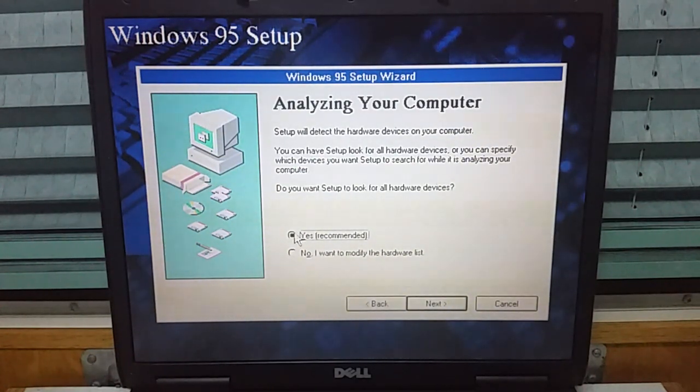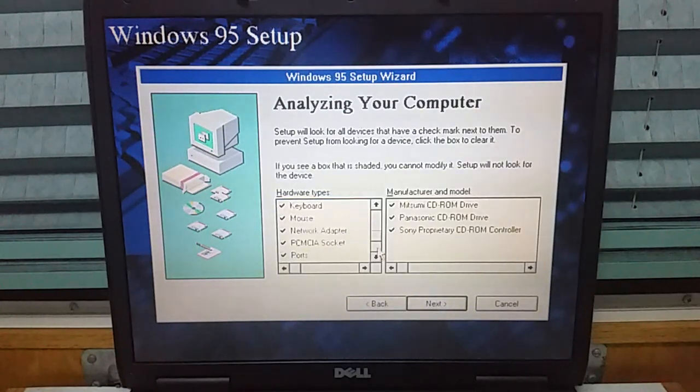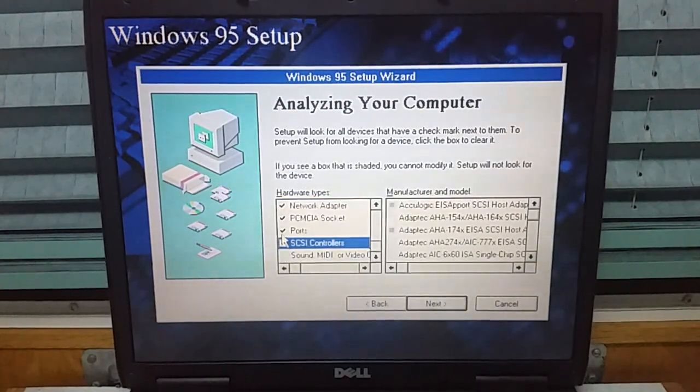Okay, so here's the first thing you're going to want to watch out for. If you just go ahead and do the yes option, from my experience, the setup's going to lock up from that during the hardware detection. So to get around that, I found that disabling